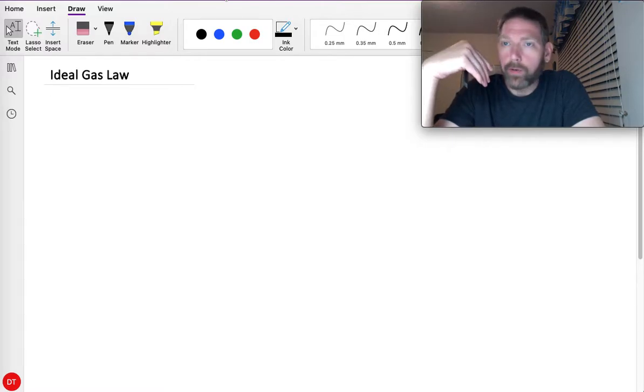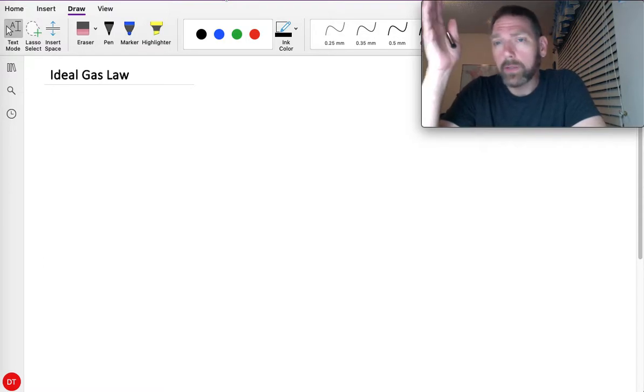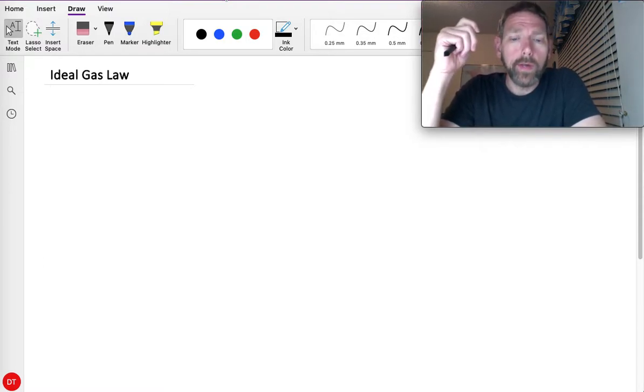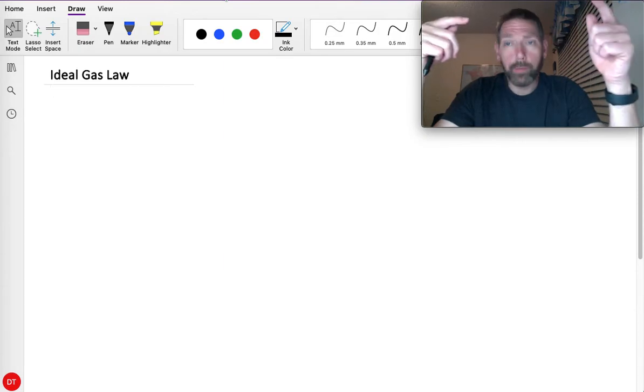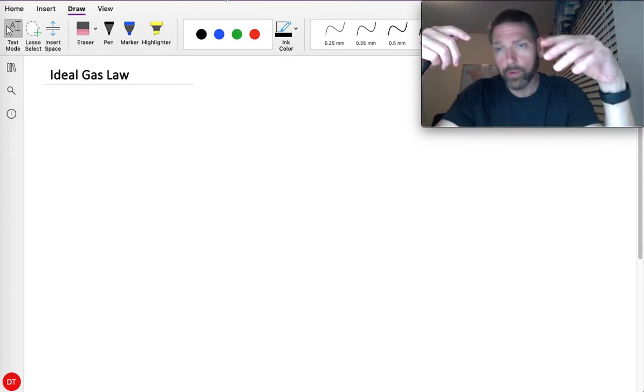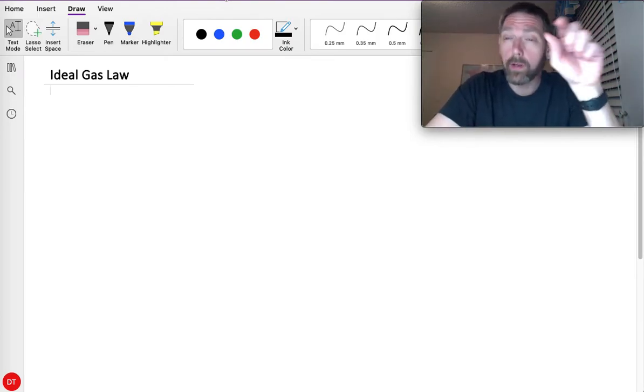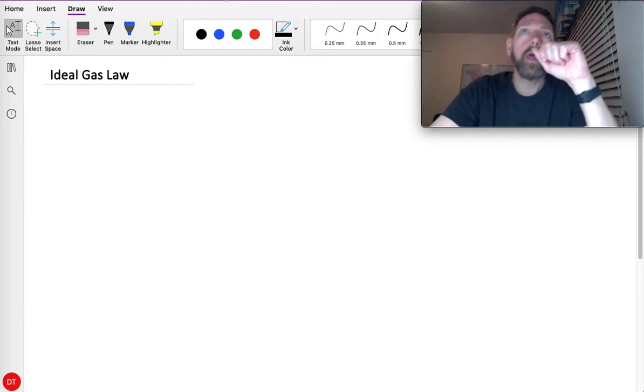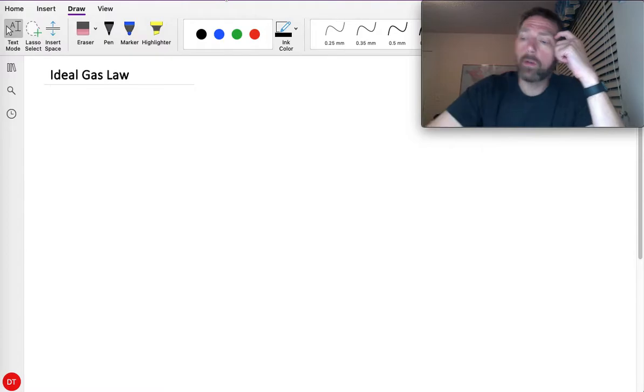gases, there's a whole lot of variables interacting. So in previous lessons we have discussed the relationship between pressure and temperature, volume and temperature, and pressure and volume, right? Looking at Boyle's, Charles's, and Gay-Lussac's laws, and we looked at the combined gas law, right? And when we looked at the combined gas law,